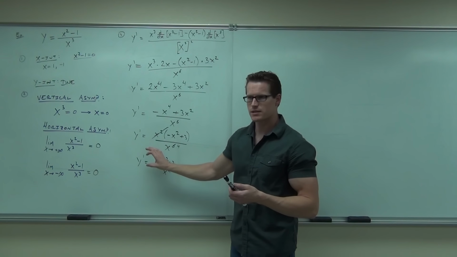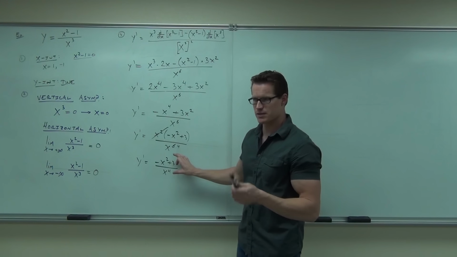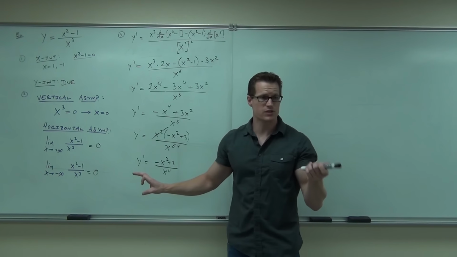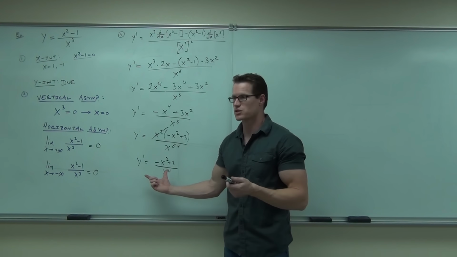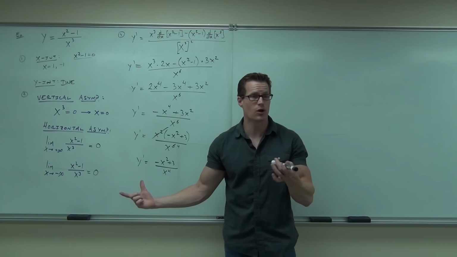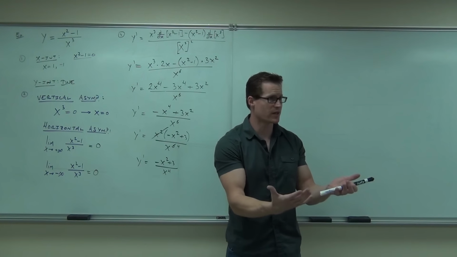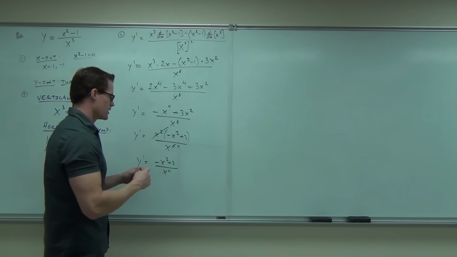Yeah. What is this? I know it's the first derivative. What is it? Increasing or decreasing. It's going to give us increasing, decreasing because this is a slope. And if slope is positive, you're increasing. If slope is negative, you're decreasing. If slope is 0, you have a potential relative max or min. You follow me? So what we're going to do for the first derivative test is you go, okay, now I